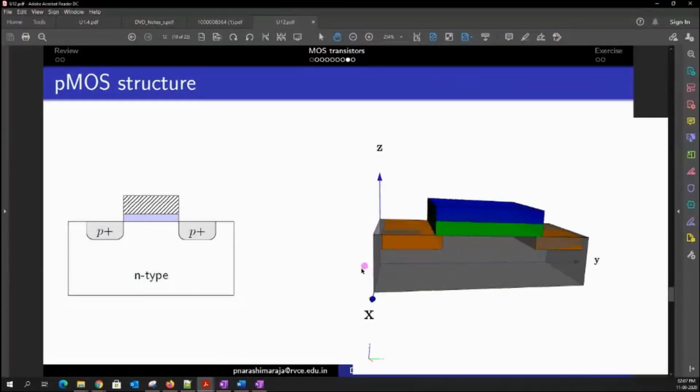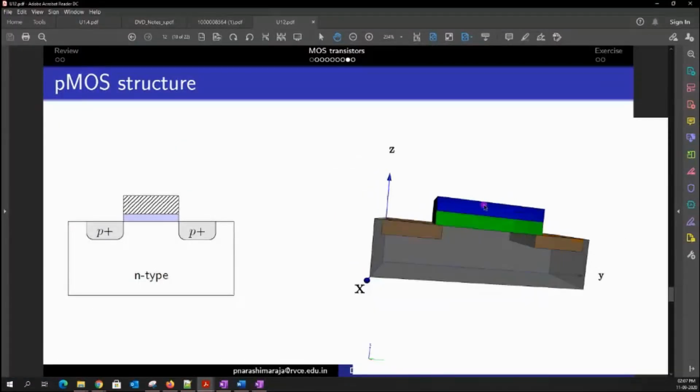Now you could see that there is a kind of overlap between this metal and the oxide, and underneath the oxide you see that there is an N+ region. When they deposit, the N+ region actually extends beneath the region of the oxide. This actually creates a kind of capacitance for us, and we call this the capacitance found between the metal, oxide, and the N+ region.